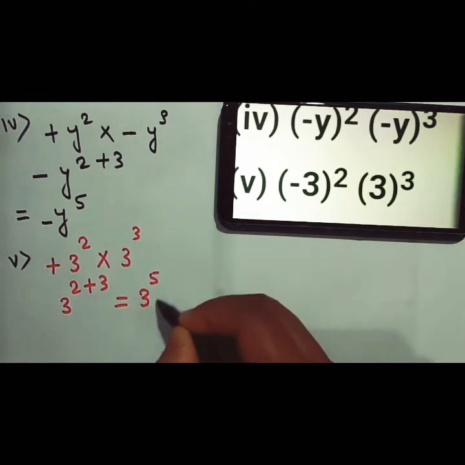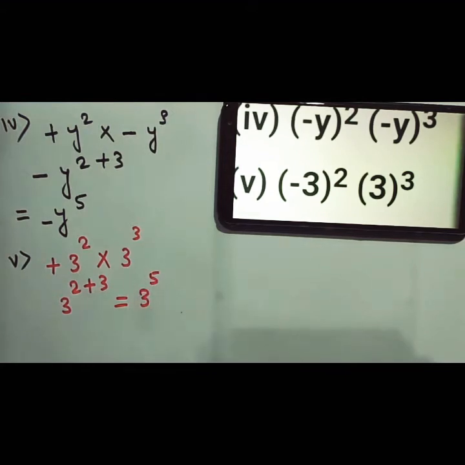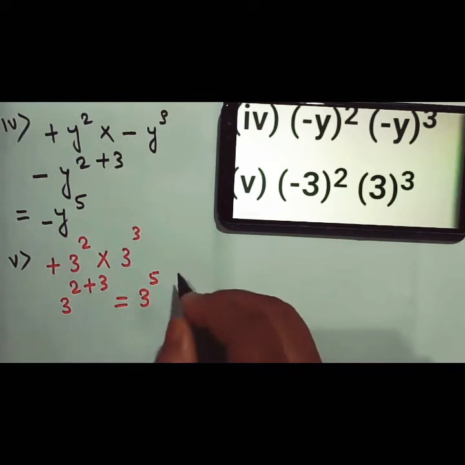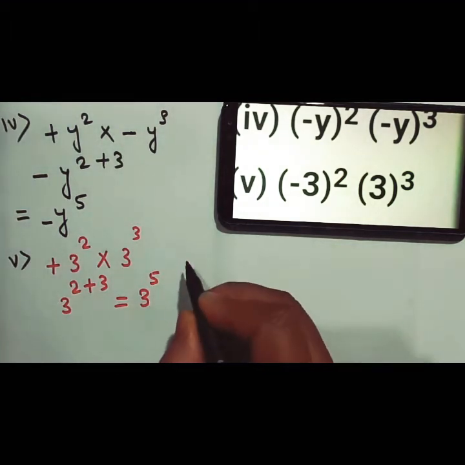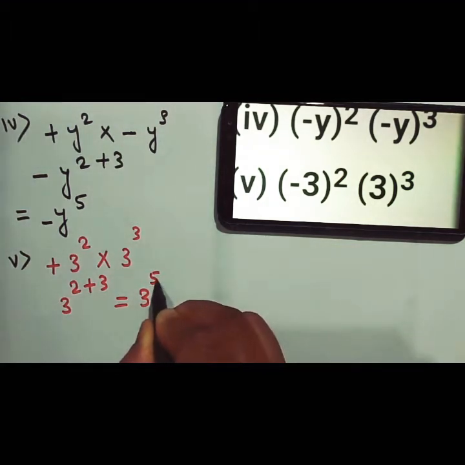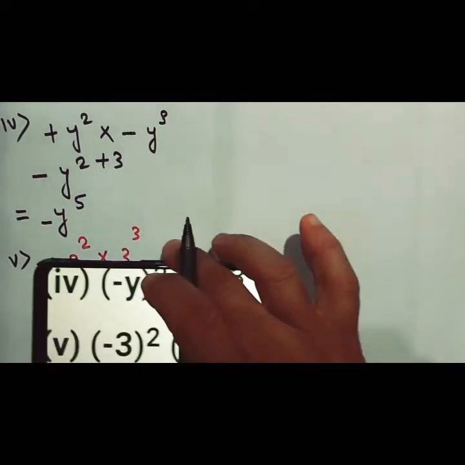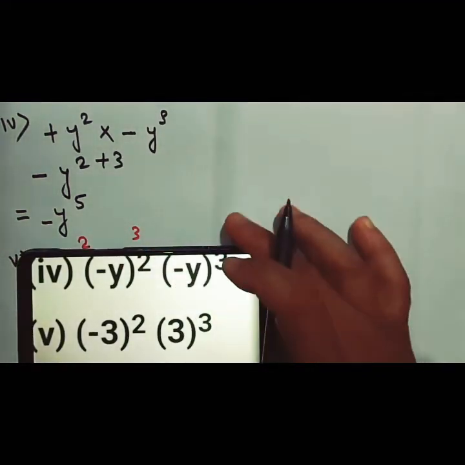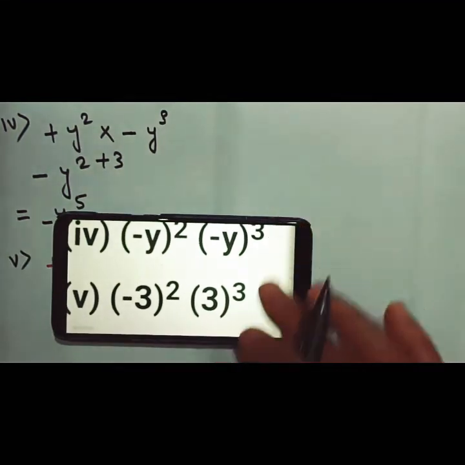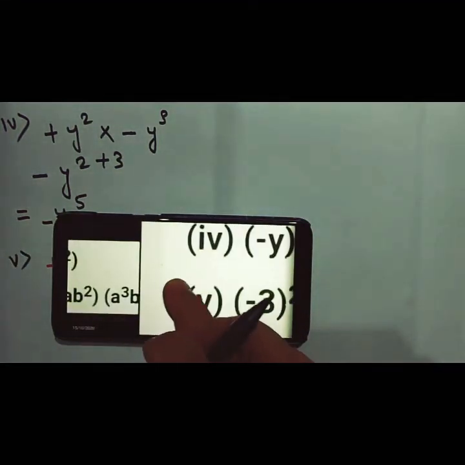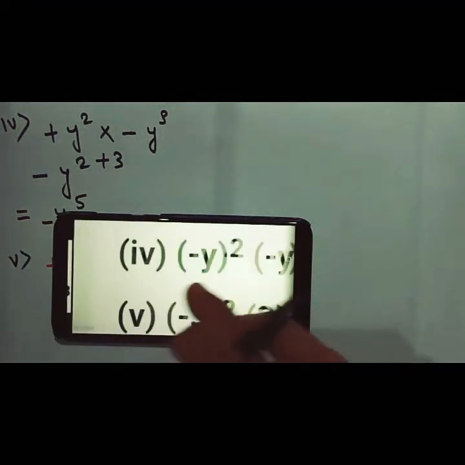You need not evaluate this, find the value of this, because they have asked you to find your answer in positive exponent, and this is my positive exponent, meaning the exponent, that is the index, should be positive. Let us concentrate on the other one.